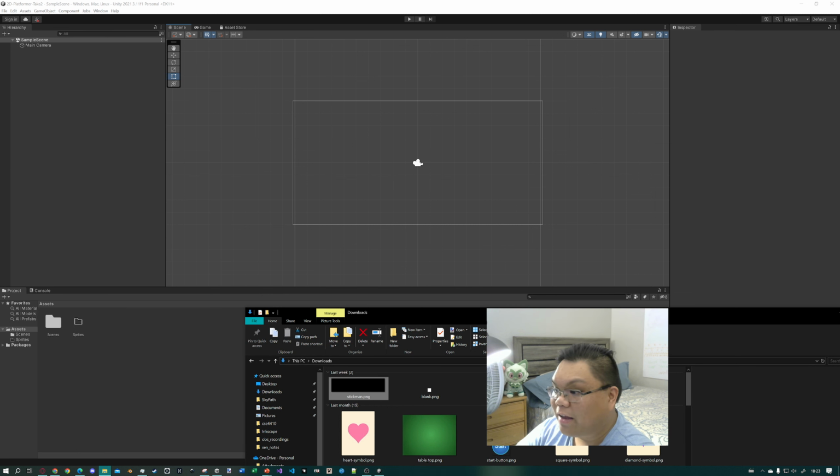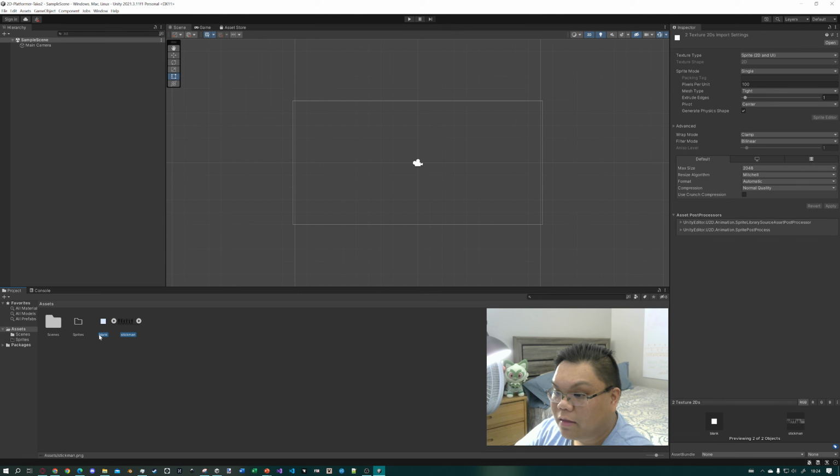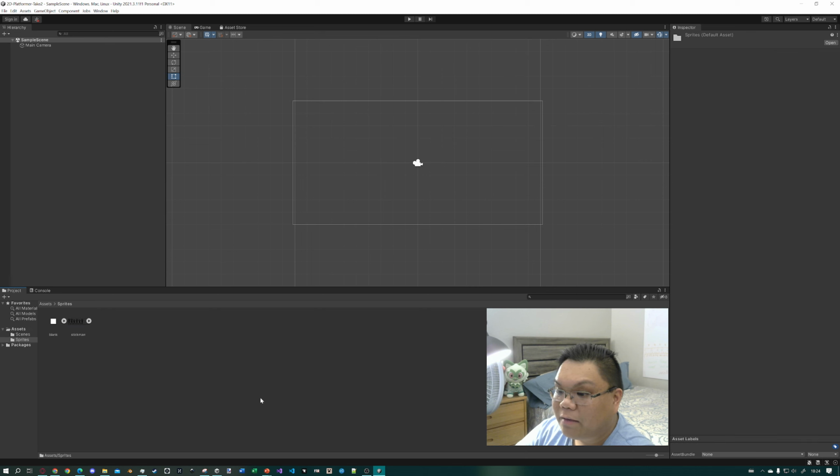I'm just gonna drag and drop these two images, blank.png and stickman.png, into here in the project view. Drag and drop those into the sprites folder, because it's a very good idea to get organized with our projects. Okay, so now we have our stickman